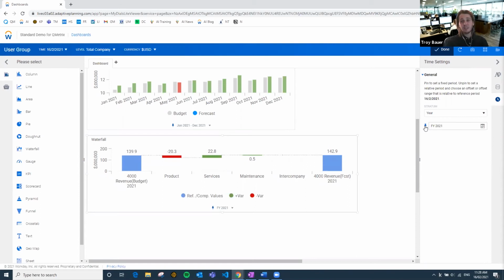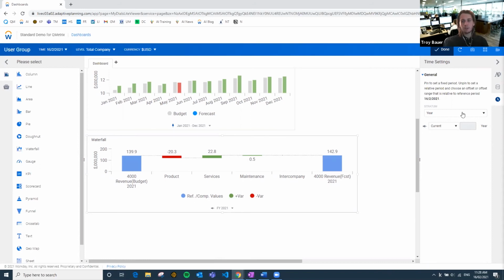I can also change out the current year as well, change to a relative term so it moves in the next year. FY21, great, that's awesome. So that is basically it as far as an output is concerned. We've got our initial, our final, and we've got some sort of breakdown there, which is great.